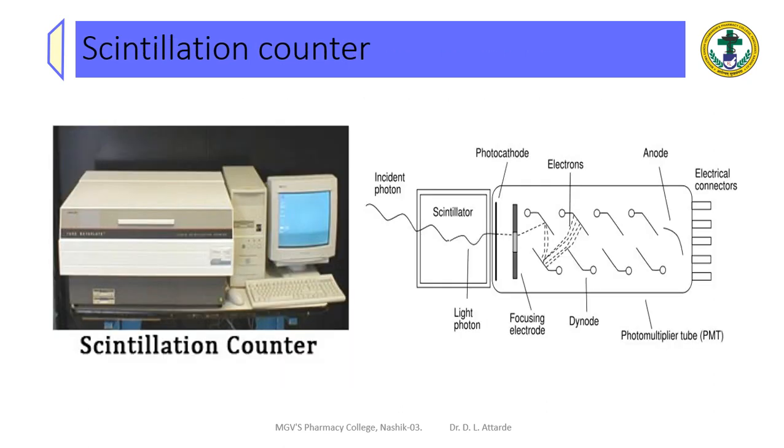So, the instrument is like this. Here you can have the handling devices below this lid. You can put your metabolite along with your scintillation fluid, and ideally this is the diagrammatic presentation where your incident photons pass through your scintillator, and light photons are emitted, or this is the flash of light, might be visible or UV light, that passes through this photomultiplier tube. You can see how this gets multiplied through these various dynodes. You can see once it falls upon each other and how it goes on multiplying throughout, and it gets converted to the electric current.